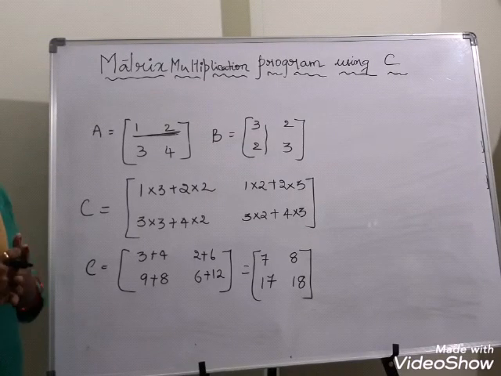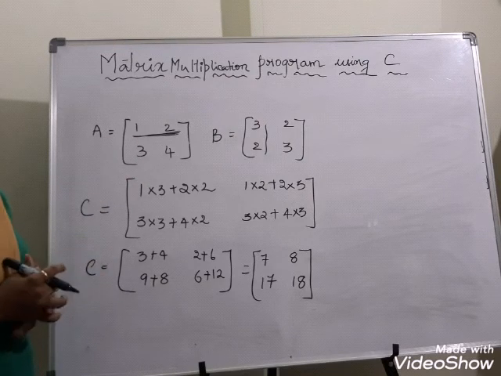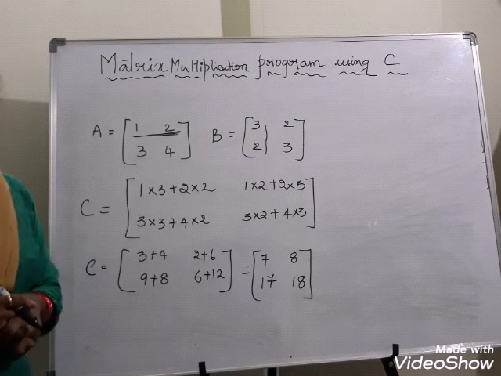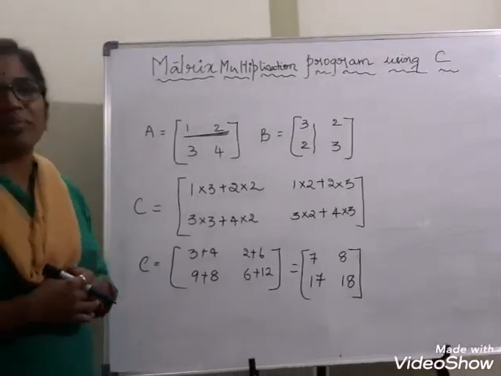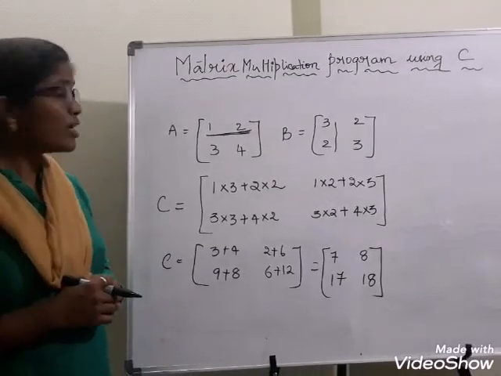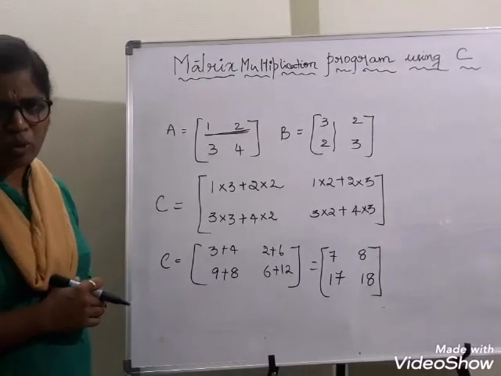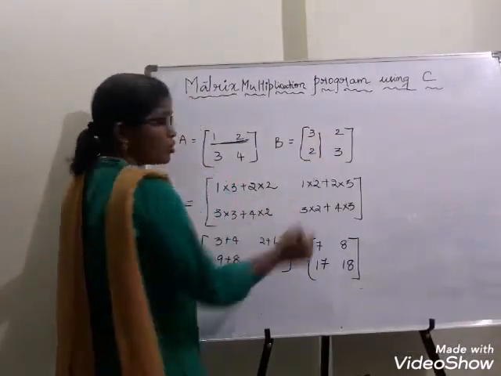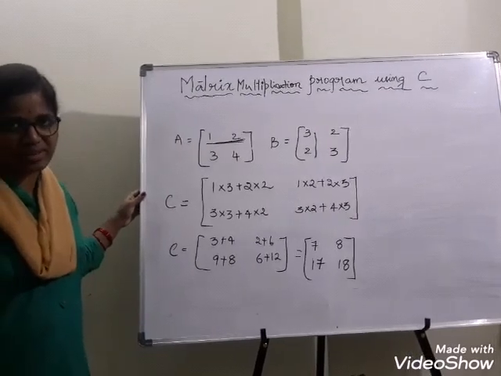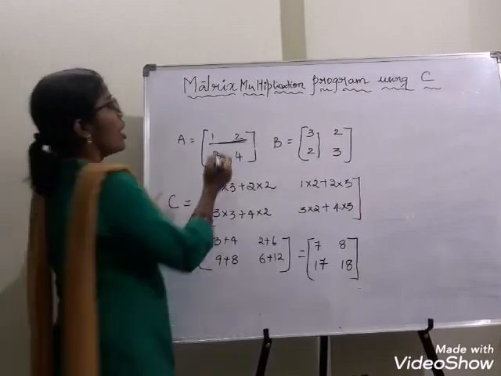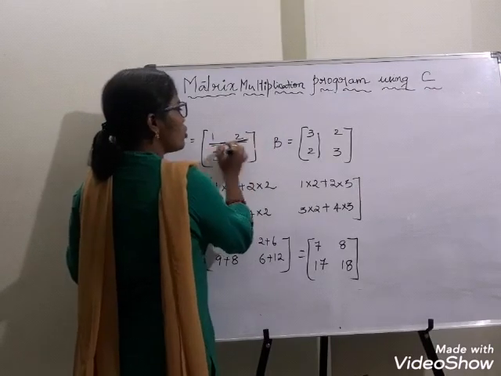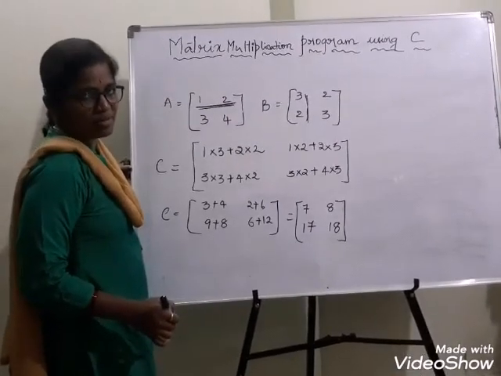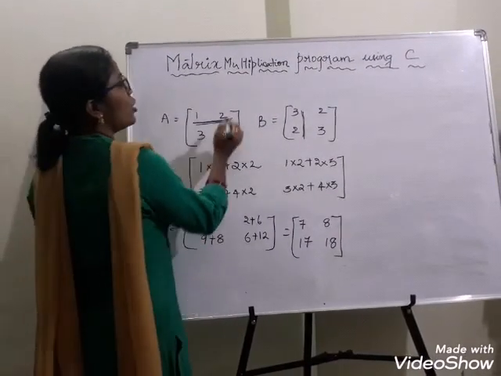Right, students? So, to save time, I have written the example already. So, the next concept that I want to explain today is the program for matrix multiplication. Okay, so what is the multiplication? What do we do? We multiply the row with column. I think you remember in your 10th class. So, the elements from the row are multiplied with the elements in the column of second matrix. So, for that reason, what do you require?